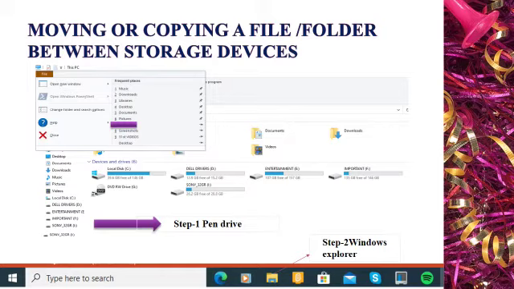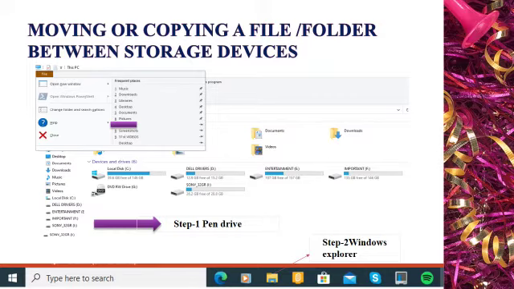The drive that is mentioned would be as per your system, meaning it may be D drive or F drive or I drive. As you can see here, I drive is mentioned. Okay, children. So what you will do is step 1, insert your pen drive.